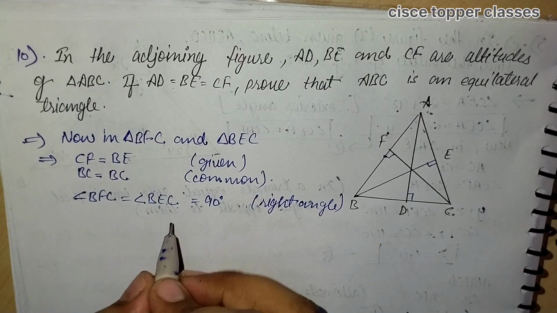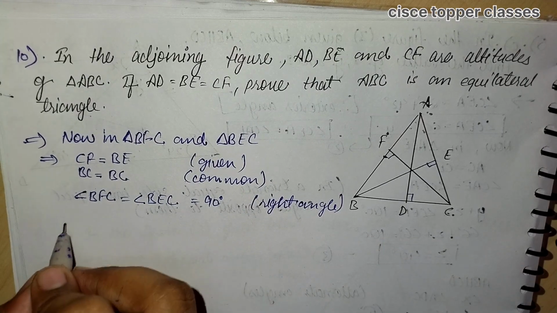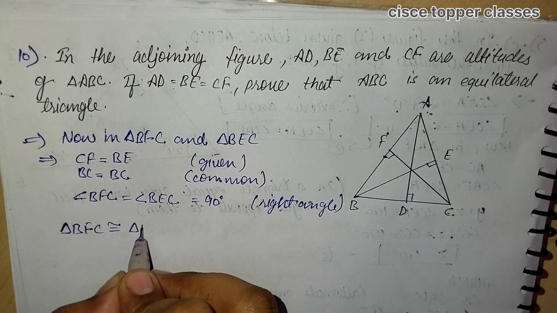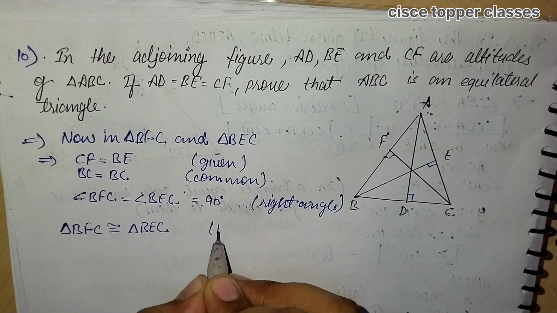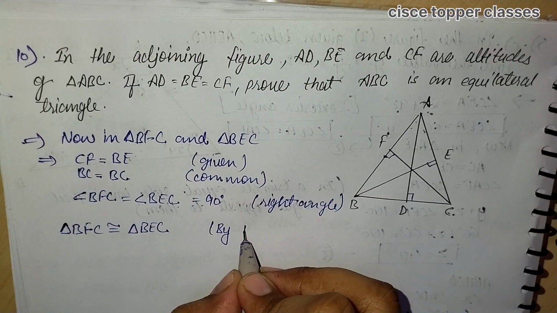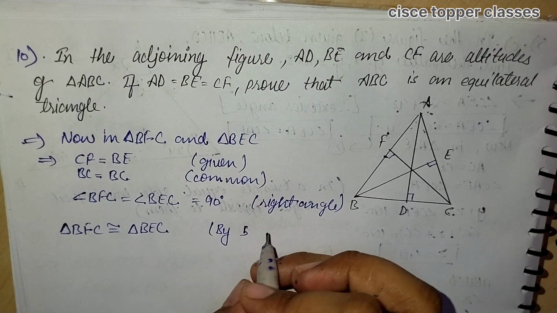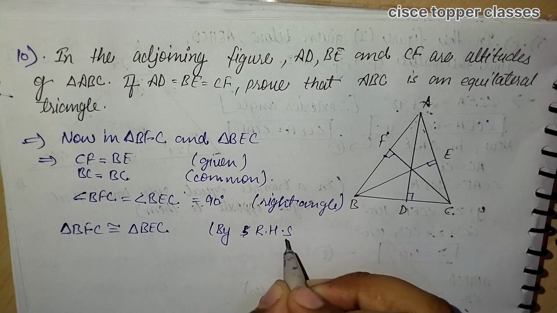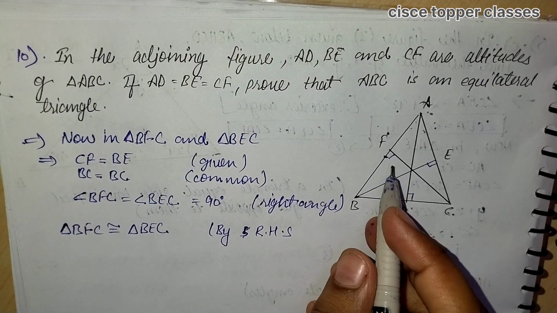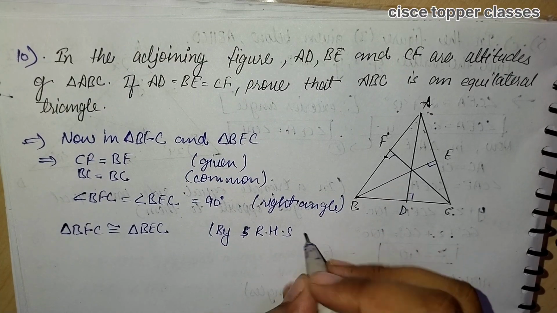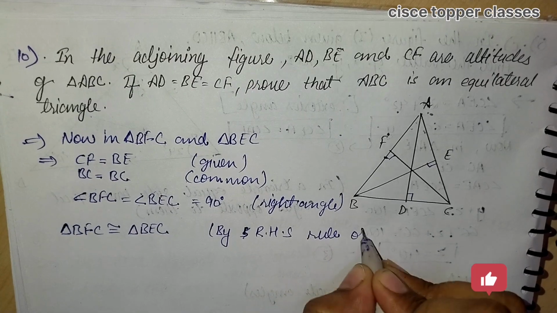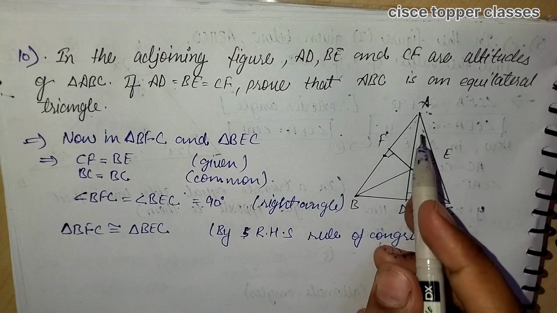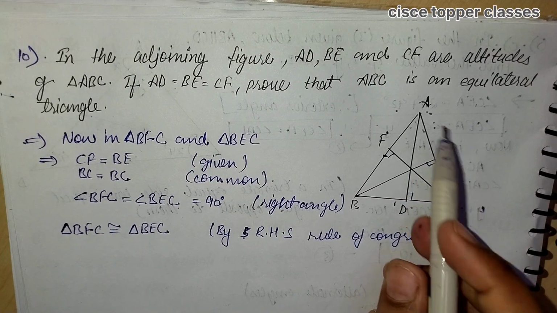Now we can simply say that triangle BFC is congruent to triangle BEC by RHS rule of congruency. We can say right angle hypotenuse and side rule of congruency. So from here we can prove that these two triangles are congruent. Similarly, in these two triangles also we can say that in triangle